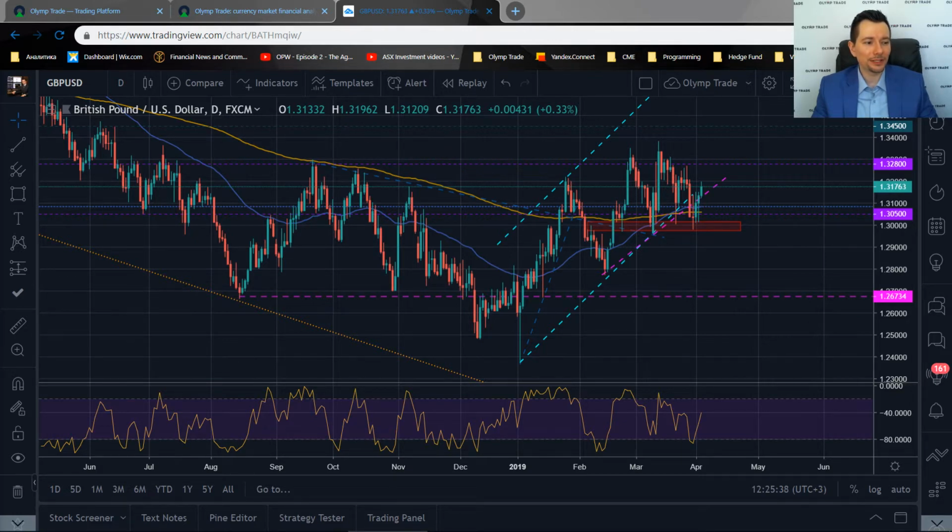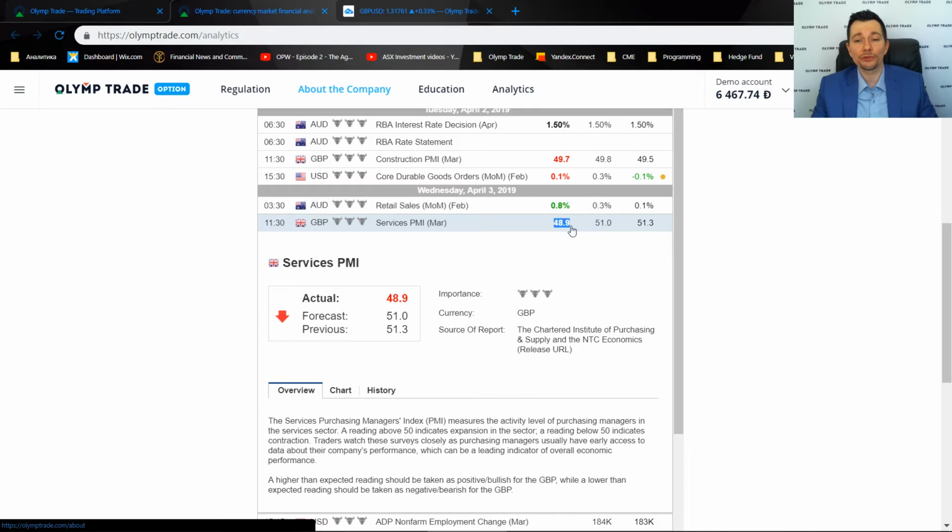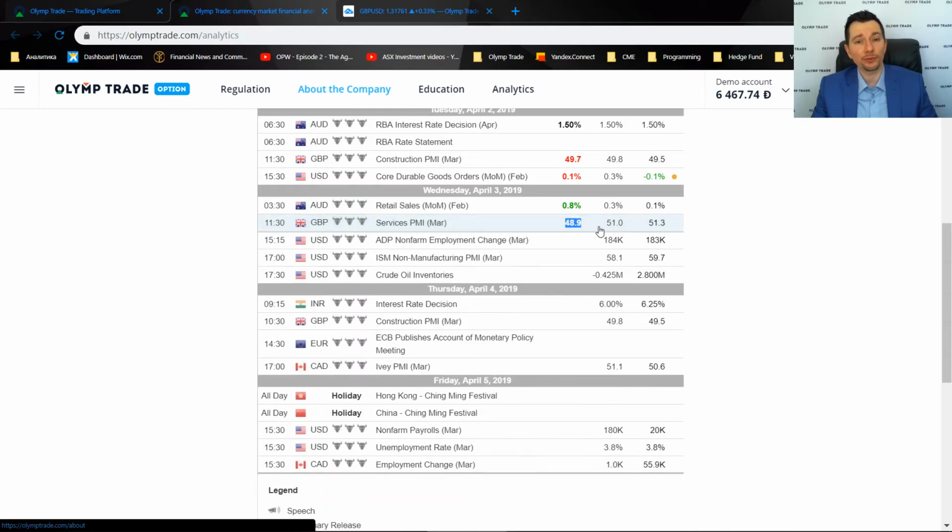So let's continue reading in chat what you guys are talking about. HDTV asks, because the actual is worse than expected, how can I know that this was a straight bullish signal? Now, the actual was not more than 20% less. Remember, we talked about this, Tanvir, that it has to be at least a 20% difference. Here we have like a 5% difference. So we didn't